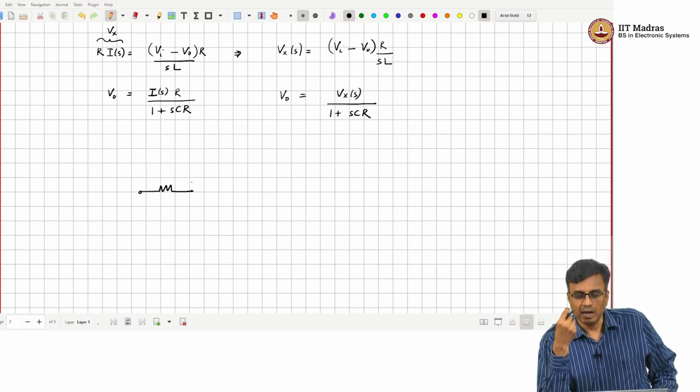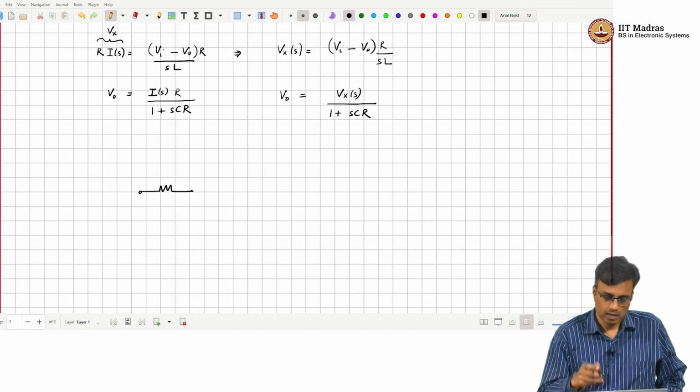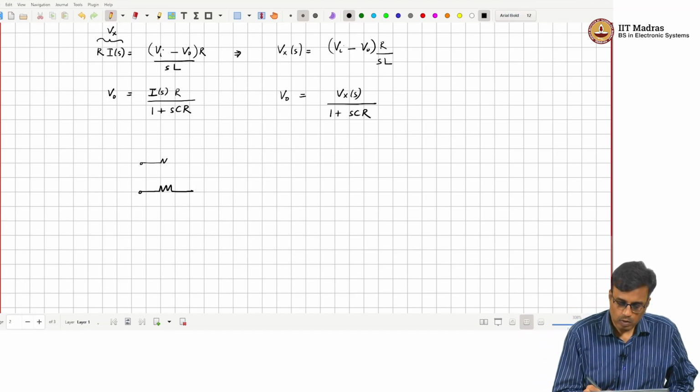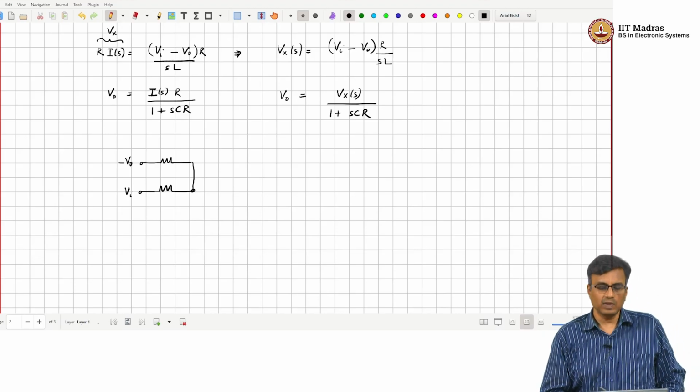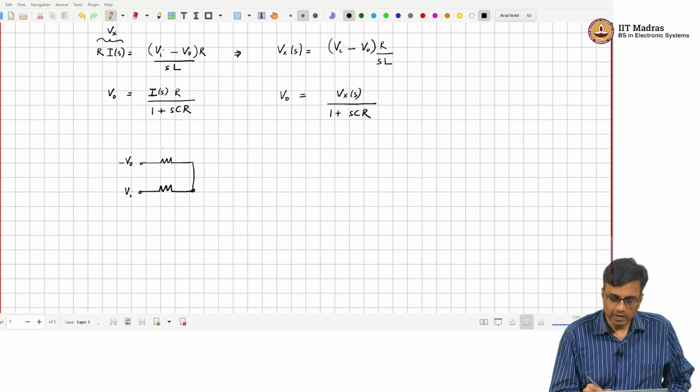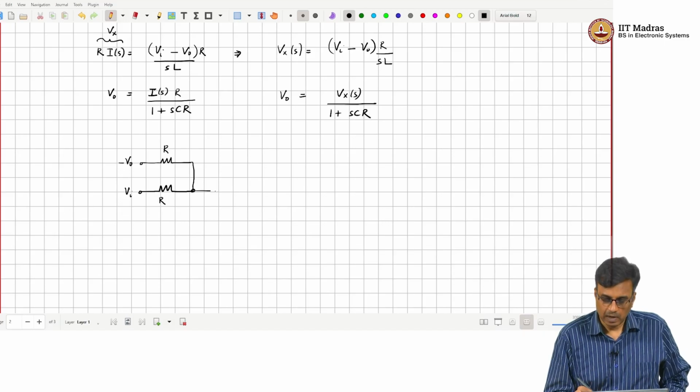We have to generate Vx. Vx is nothing but, we are adding Vi with minus Vo. This is Vi, this is minus Vo. We have to add them with equal weights. So, these two resistors must be the same and they go into a